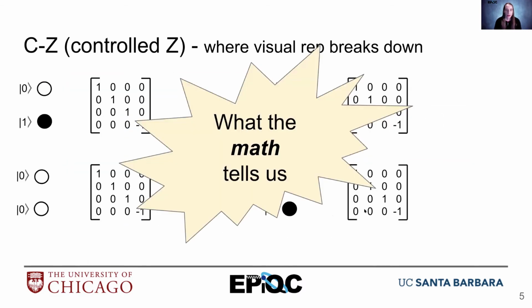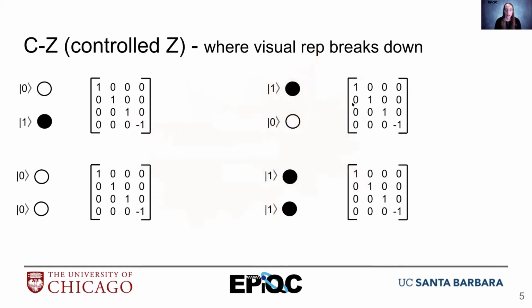All right, now let's look at what the math tells us about what's going on. So I have here the matrix for the controlled Z, and whenever you see 1, 0, 0, 1 in a square, that means to not do anything to those. So with the ones down the middle, you see the first 3 choices, 0 0, 0 1, 1 0, have no change, and the last one's going to be negative. So let's calculate this out and see.